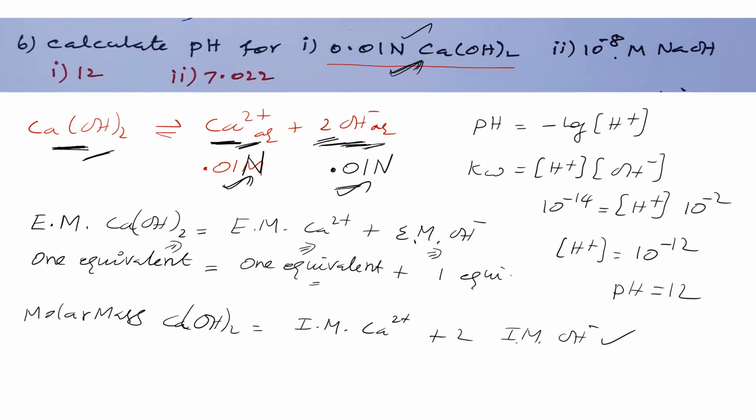Next sum: we have to find the pH of 10 power minus 8 molar sodium hydroxide. How to find pH for this, we will see. Sodium hydroxide concentration is 10 to the power of minus 8 molar. For sodium hydroxide, normality is equal to molarity because it is a monoacidic base; it can give one OH minus only. So normality equals molarity, which is equal to the concentration of hydroxide. So we got the concentration of hydroxide. Let us find Kw is equal to